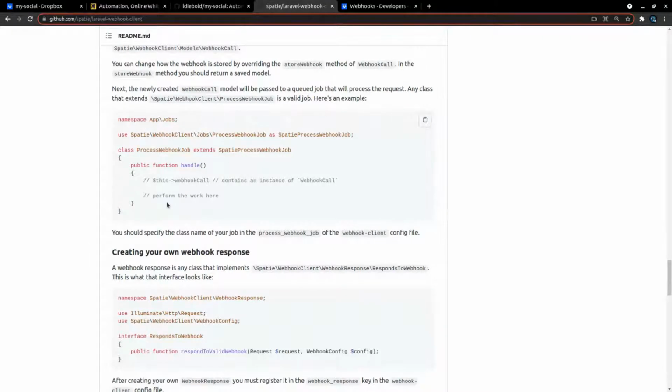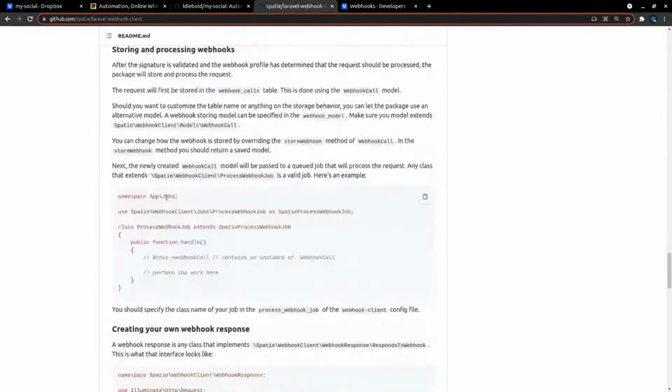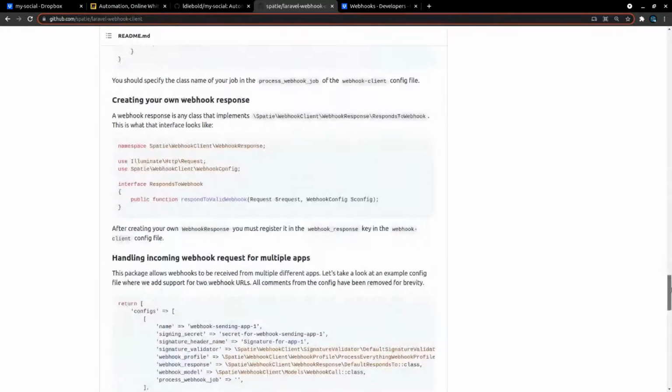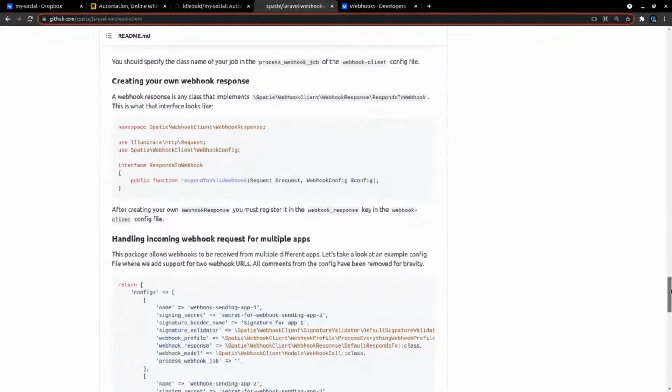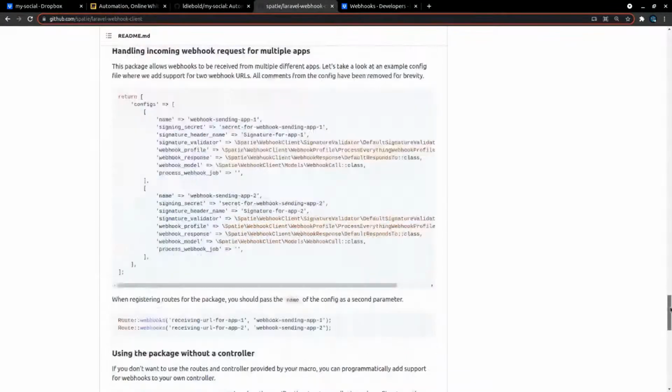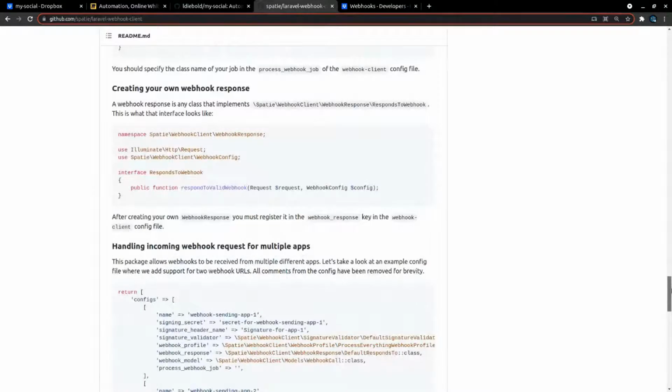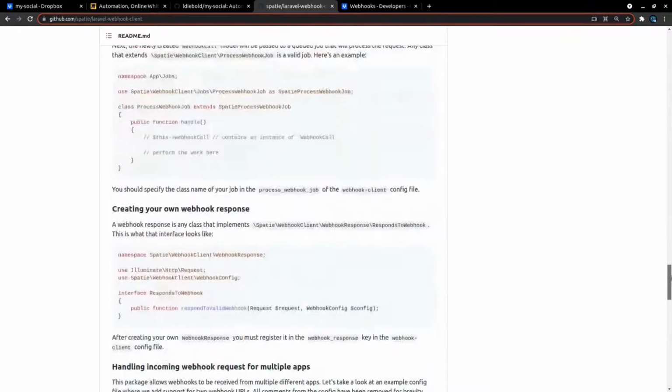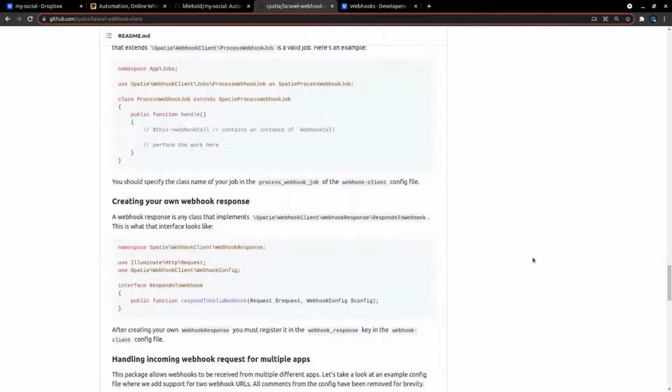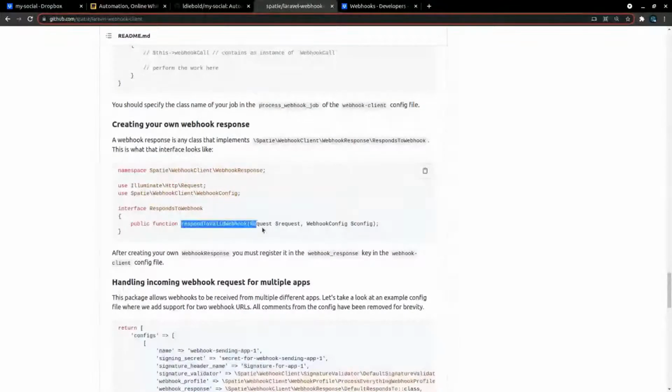Okay, so the first thing I'll probably need to do is actually handle the response to a valid webhook.